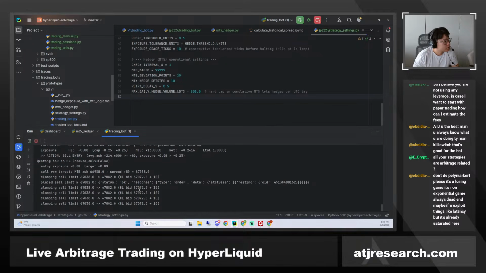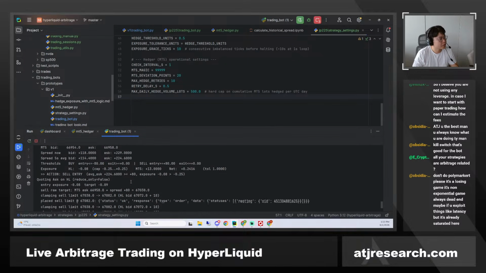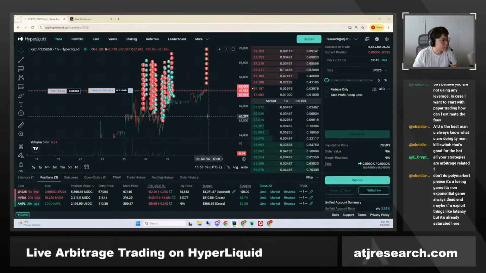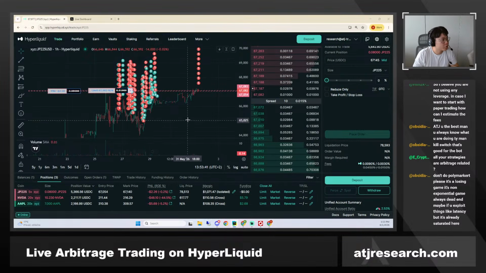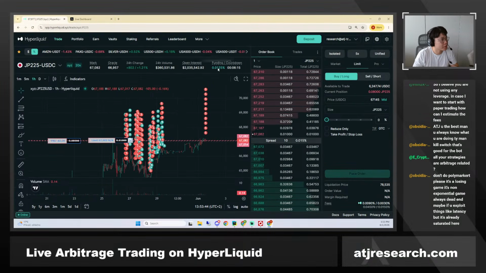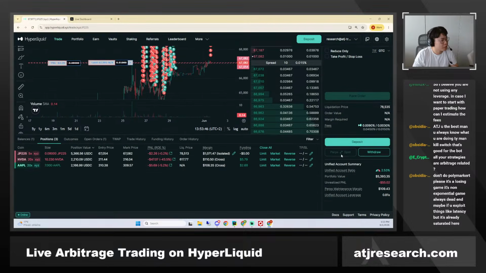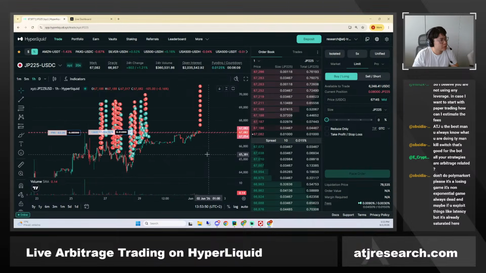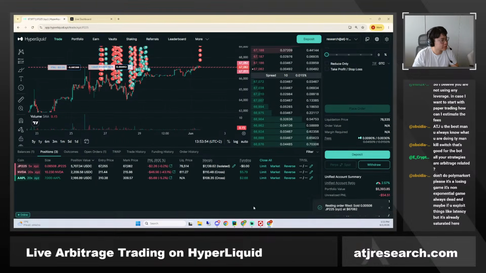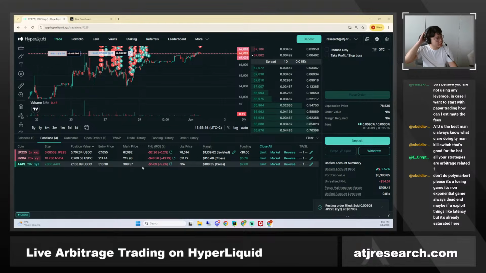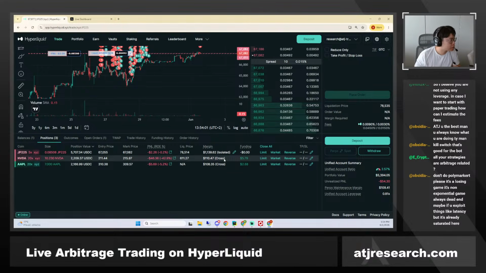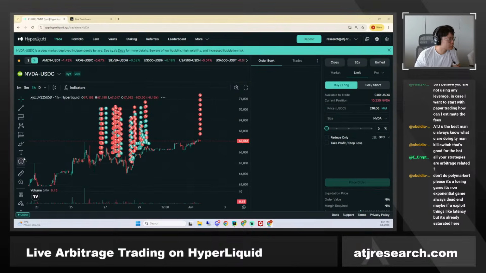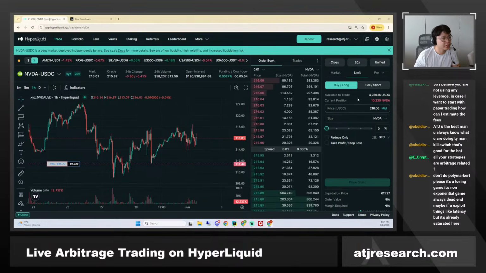Okay, and so now finally our JP225 bot has started, and we are coding our sell limit on Hyperliquid on JP225. And so yeah, looks very good now. So as I've mentioned, we're increasing our position size by 5. And so also what I would like to do here is